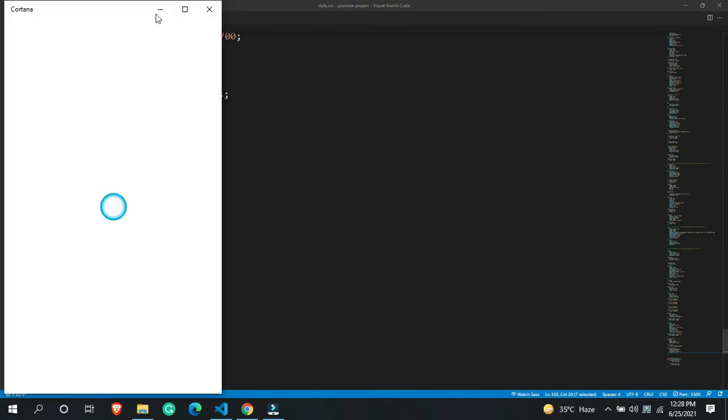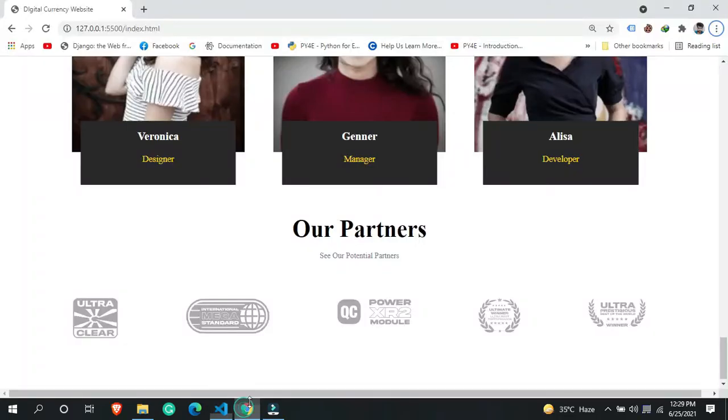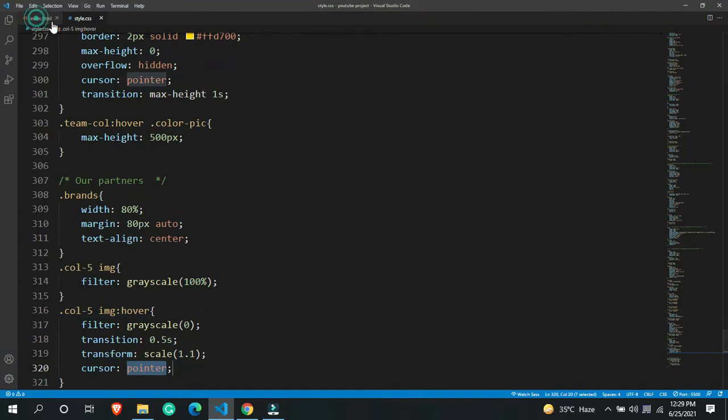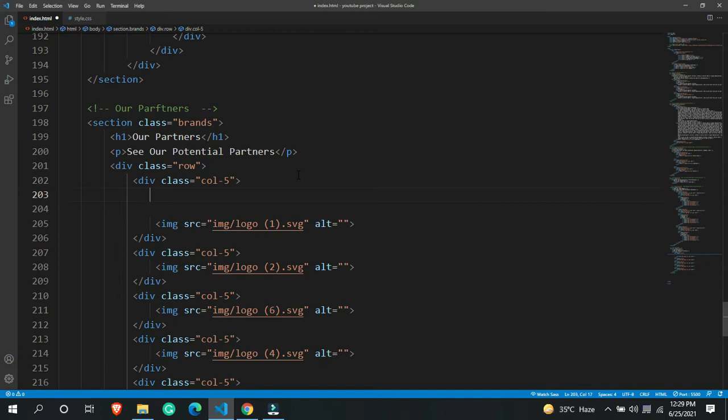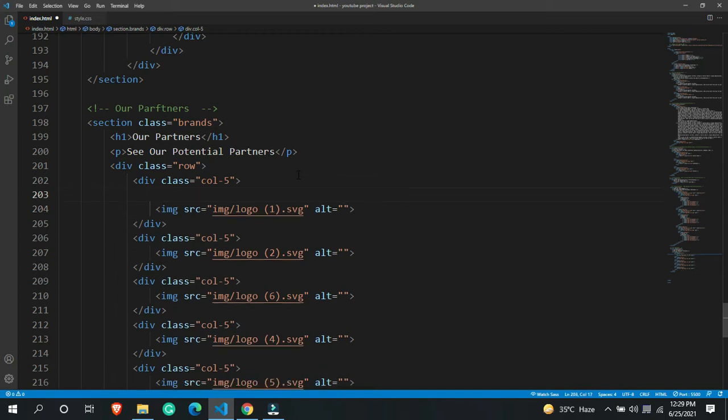And let me tell you one more thing after adding all of these things. Here you can see we are getting all of this beautifully, but you might be thinking, if I click on this, it is not taking us anywhere else. So you can also do that. What do you need to do in order to add a link over here? You're going to add a hyper reference over here.